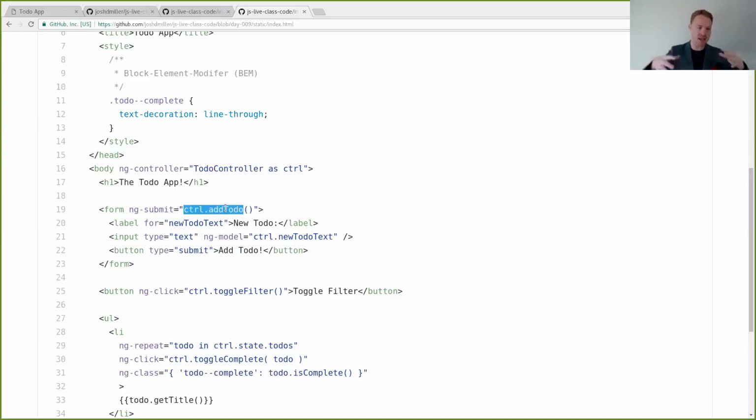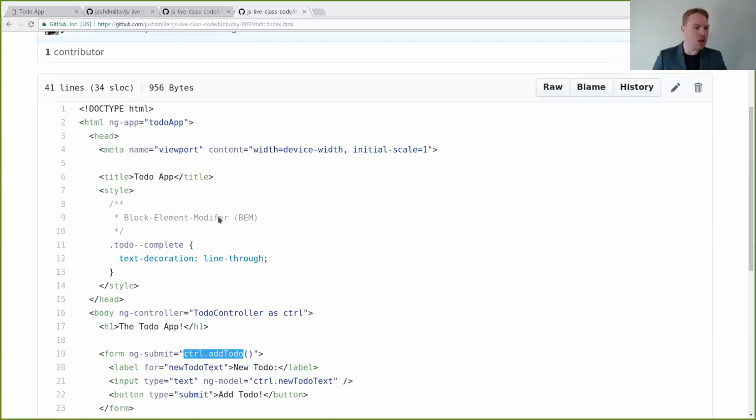And so these things that look like JavaScript, control.addToDo, right? That looks kind of like JavaScript. It's a JavaScript-like syntax that are called Angular expressions. For the purposes of today, it's equivalent to JavaScript. There are technical differences between them that you can look in the documentation to see. But for all of our purposes today, just consider it JavaScript, and that'll be enough to carry you through. And in the vast majority of circumstances, it's more than enough to carry you through.